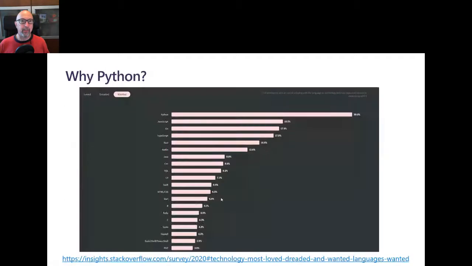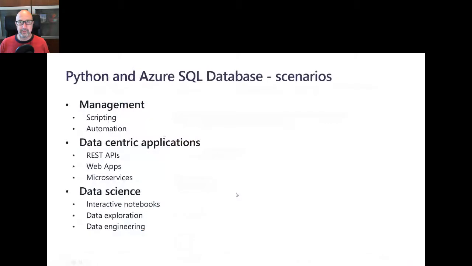But what is more important is that as of last year, Stack Overflow issued this survey, and Python is by far the most wanted language that developers are looking for, right? So it is very important for us as a cloud platform to provide full support for Python developers across all the different services, right? And those scenarios specifically for Azure SQL Database are around how to manage deployments and instances